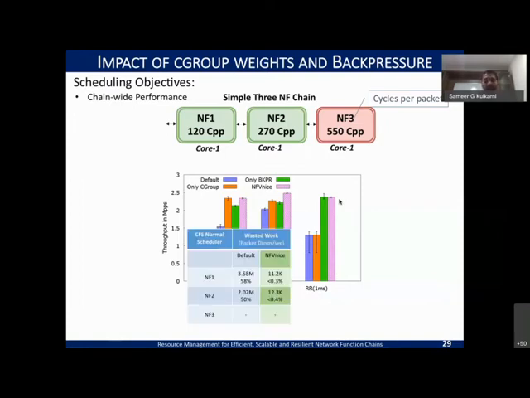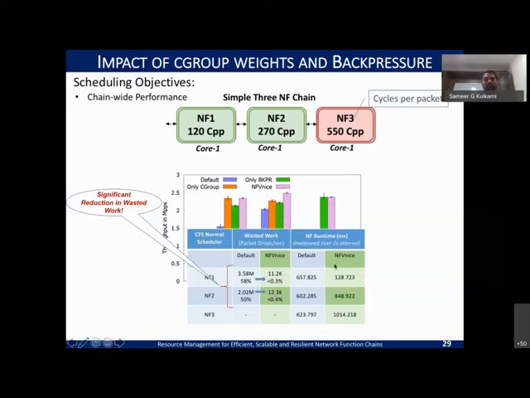And we try to dig deeper and show why this happened. You can see with NFs earlier, if it were just the regular setup we showed earlier, how much was the wasted work, right? Almost the work that was wasted was more than 50% for each of NF2 and NF1. Now with NFV nice, we are able to bring this wasted work down to less than 1% in either of the cases. So we have significantly reduced the wasted work. And what that means is you can utilize the same CPU cycles to schedule the bottleneck NF correctly, right?